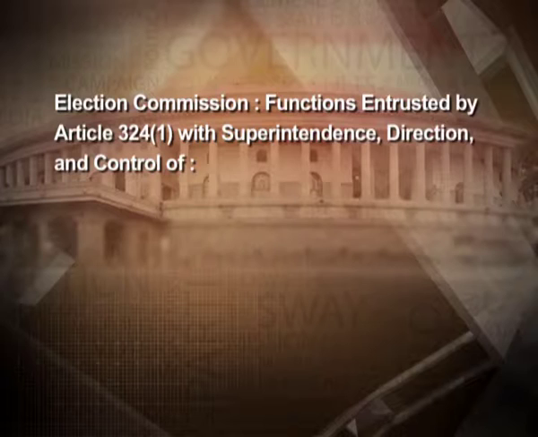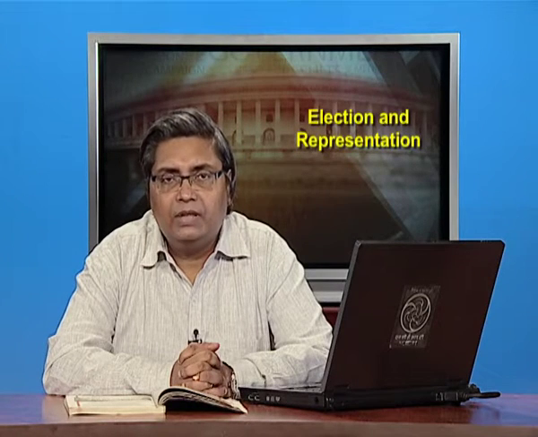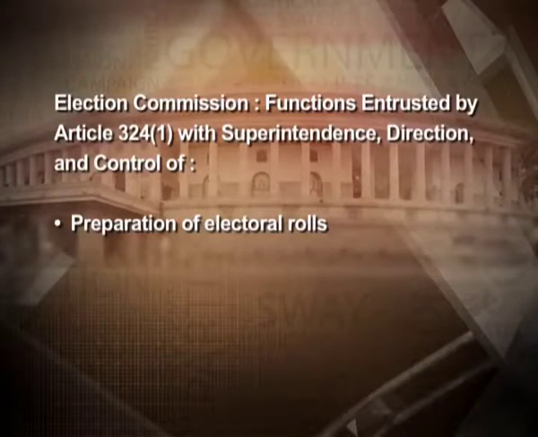With superintendence, direction and control of two things. First, the preparation of electoral rolls. A single electoral roll is prepared for Lok Sabha and Vidhan Sabha elections. So it is entrusted first and foremost with the preparation of electoral rolls, and second, entrusted with the actual conduct